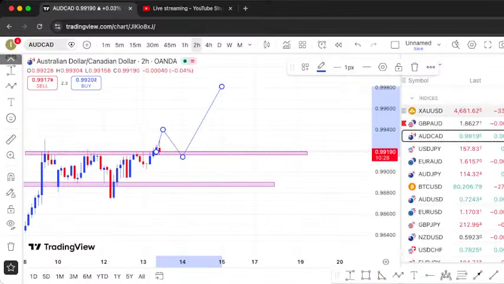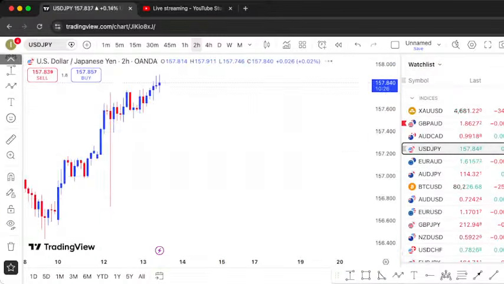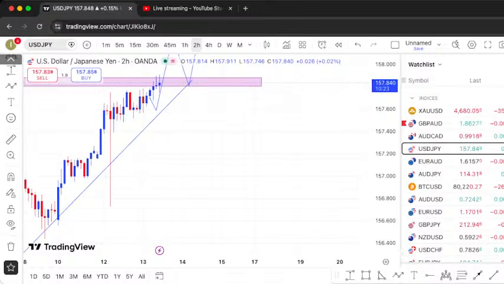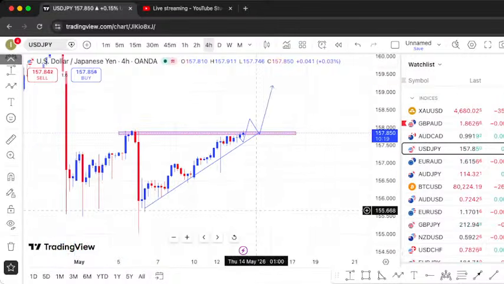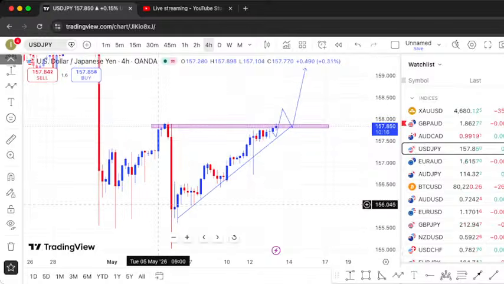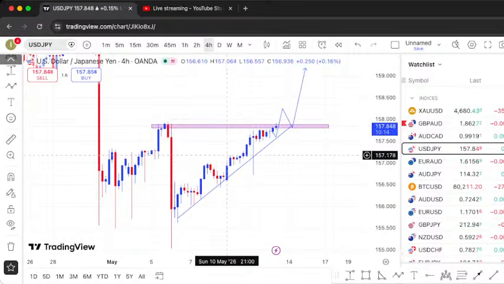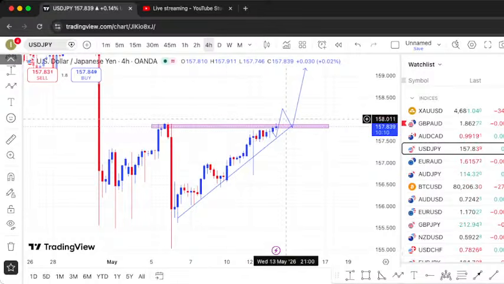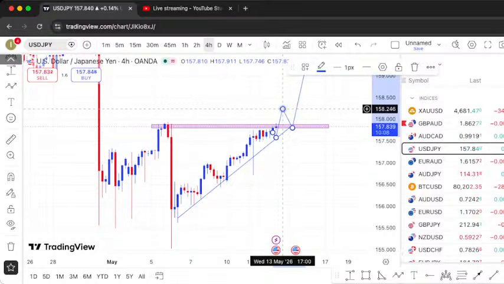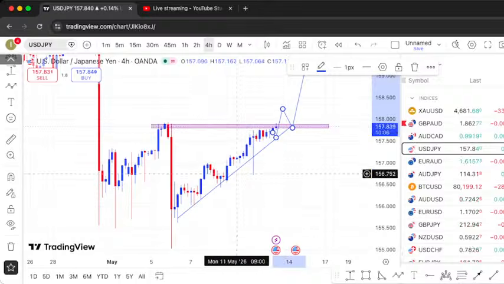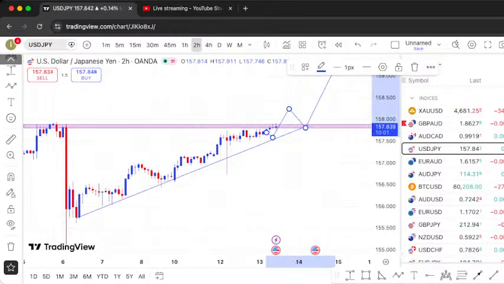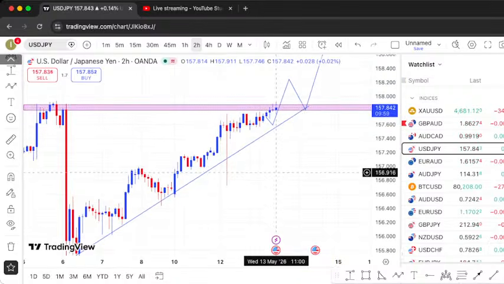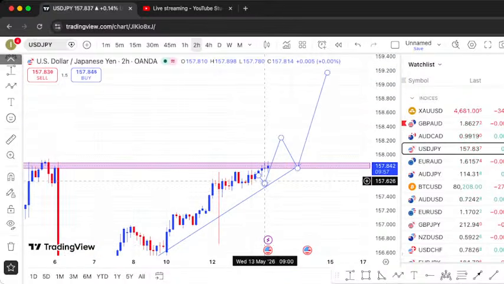Next we have USD JPY. USD JPY, we had a wedge. The market has been following this certain zone, but USD JPY is not that much clear, to be honest. No need to force an entry, but once it breaks above this zone, you see this zone, we have this trend line here, a bullish one, and then you have a structure here. So once this market breaks above that zone here, that's when we are going to have those bullish momentum on USD JPY for more buys opportunity.